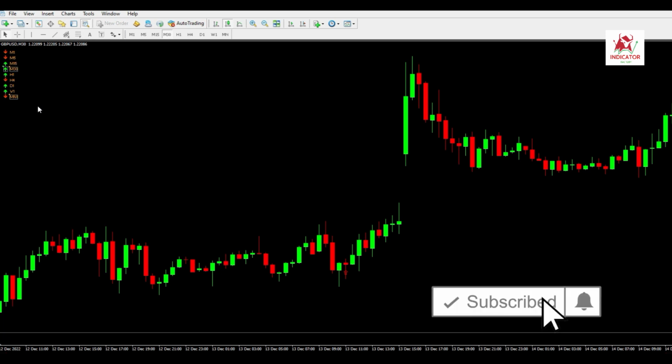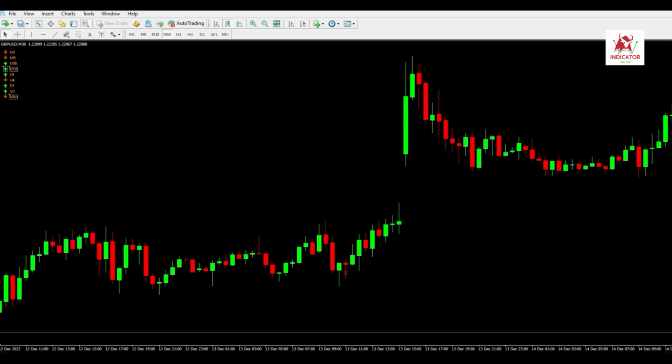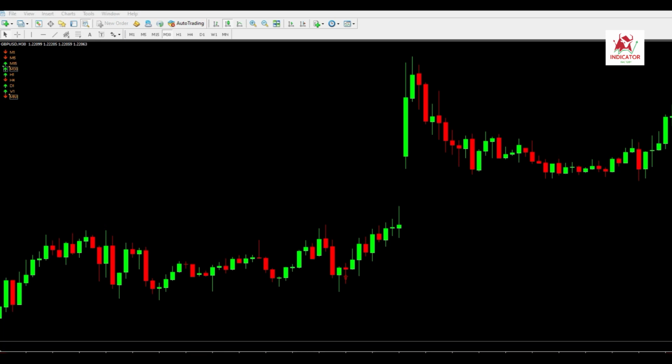Moving average is a very old technical indicator, but it still remains a popular tool for many traders. With MT4 multi-timeframe, MTF, you can see the indicator's status across multiple timeframes in one